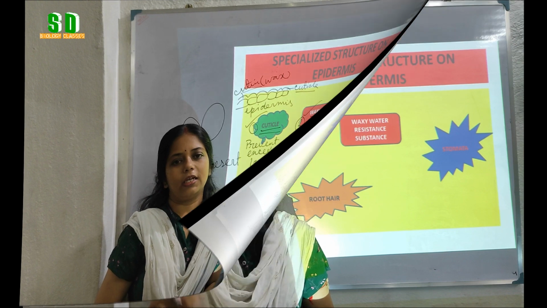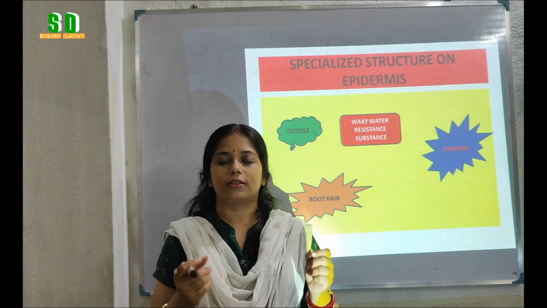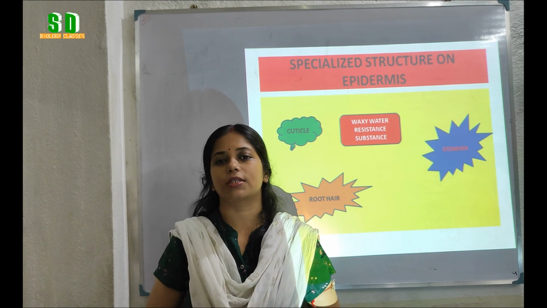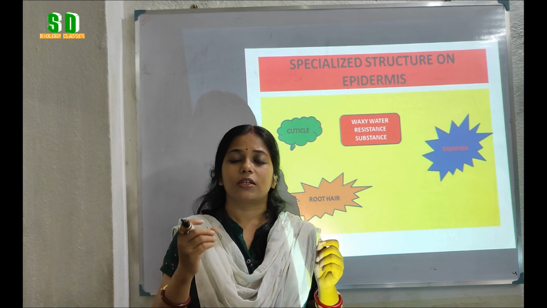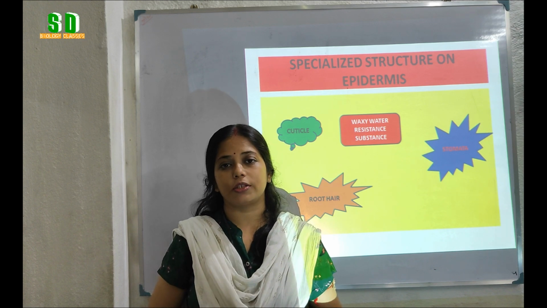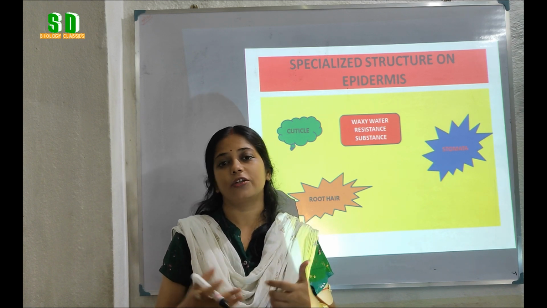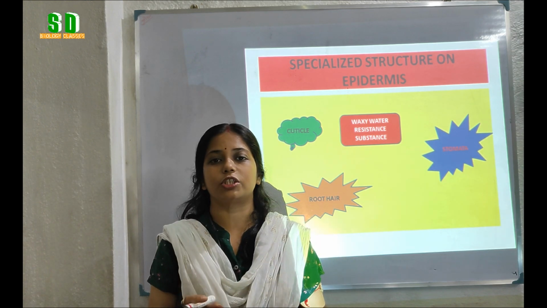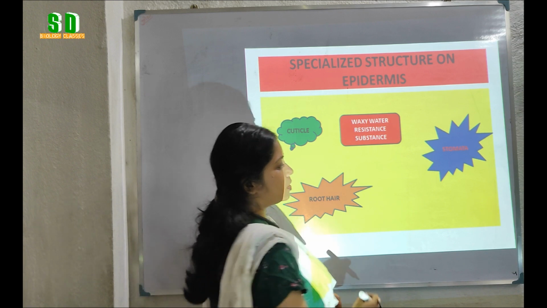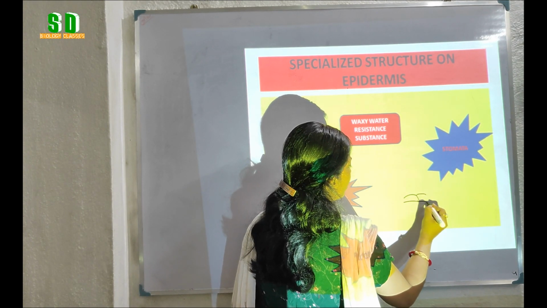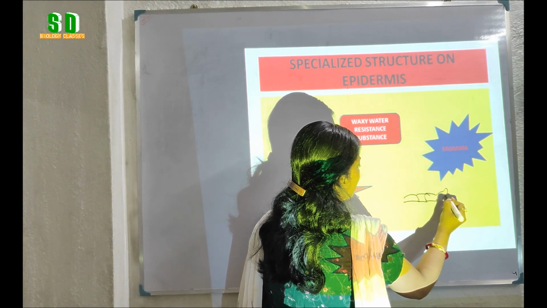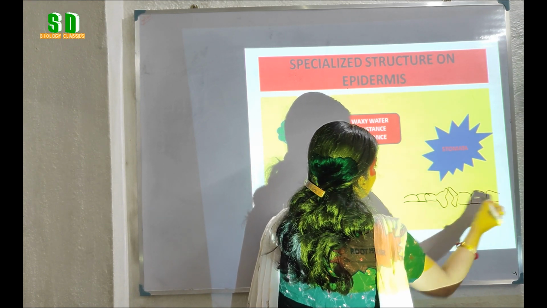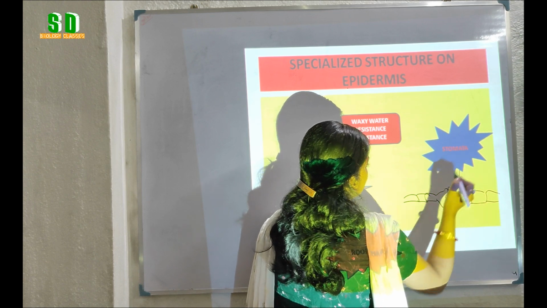Cuticle is present in the stem, root hair is present in the root and the wax-like substance is present in the leaf of the plant. Okay, students, we have seen that in the epidermal layer the cells are usually arranged without any intercellular spaces. Then how does gaseous exchange occur in the plant body, especially in the leaf? For this gaseous exchange, there is some modification or specialization in the epidermal layer of the leaf. What is this? In the epidermal layer, some small openings are present. These openings are called the stomata.